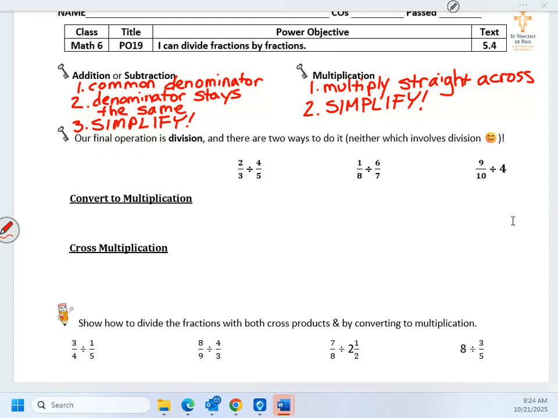Now we're going to do division. There are two ways to do it, and neither of them actually involve division. So, our first way, well, let's look. We've got three different sets of fractions. 2/3 divided by 4/5, 1/8 divided by 6/7, and 9/10 divided by